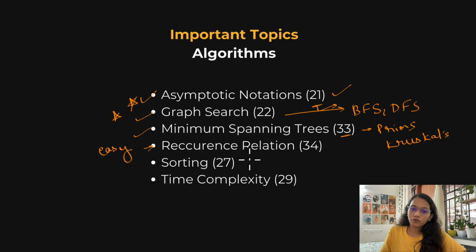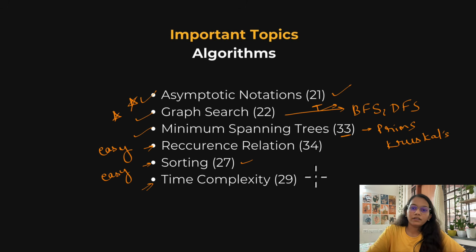The next is sorting. You have to study sorting algorithms like quick sort, merge sort, etc. This is also an easy and scoring topic. Some tricky questions also came from this topic in previous years, but mostly easy questions will come. The next is time complexity. A program will be given to you and they will ask for the time complexity of the program, and they can also ask for the time complexity of some algorithms.